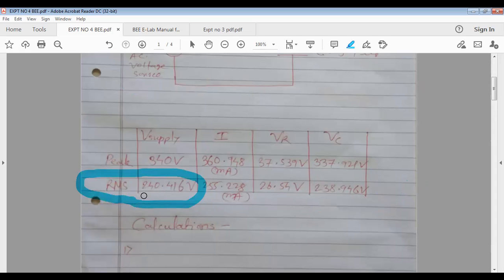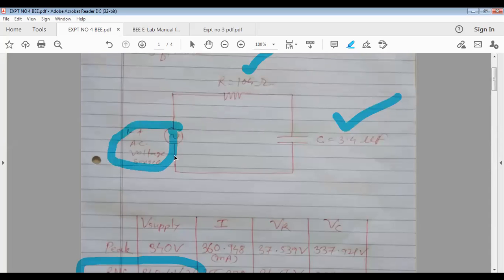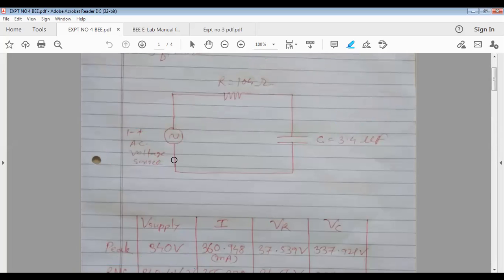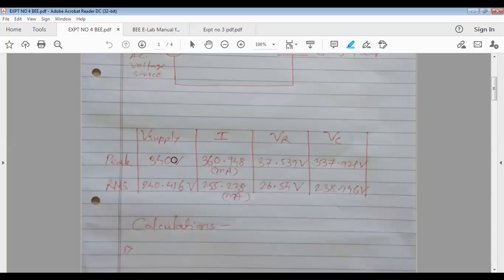Okay. So whenever you design this circuit in the simulation software, the value you have to enter for the voltage source is the peak value. So the relation between peak value and RMS, all of you know. Peak value of voltage divided by root 2 is what? RMS. Correct, the RMS value of the voltage. So for the RMS value, you can select any value: 200, 220, 210, 230, 240, or any other you are interested in. Then convert it into peak. So RMS into root 2 will be the peak value.